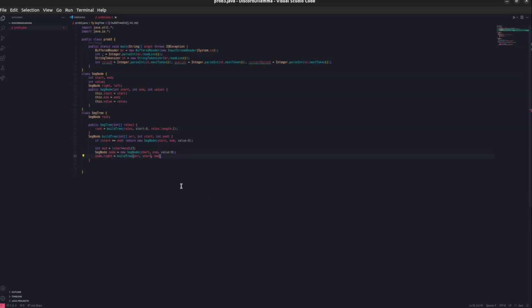And then we build tree by making the start to the middle minus 1, and for the left we make, oh sorry, this is supposed to be left, this is supposed to be right. Build tree array mid plus 1, no, mid to end, yeah. Okay, so this is how it ends up going, and then I believe we just return node, if I'm not mistaken,